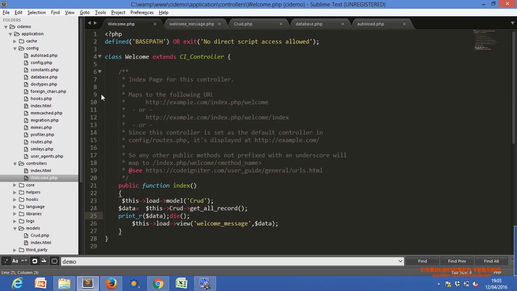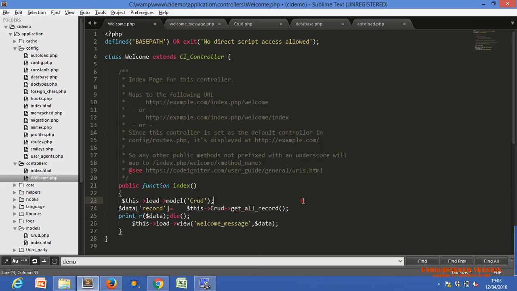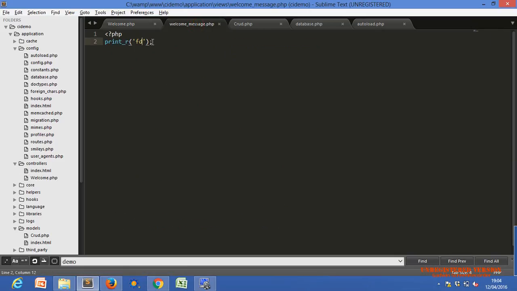One second, let me try. Record. The print and die, echo and die just for debugging. Okay, I will show you.